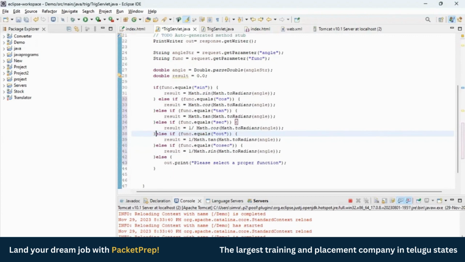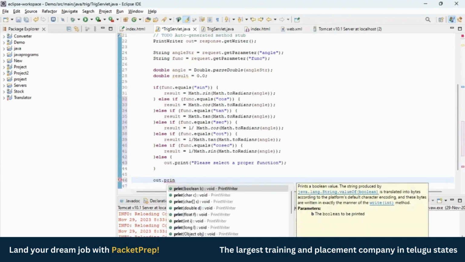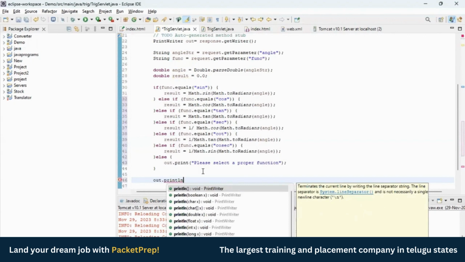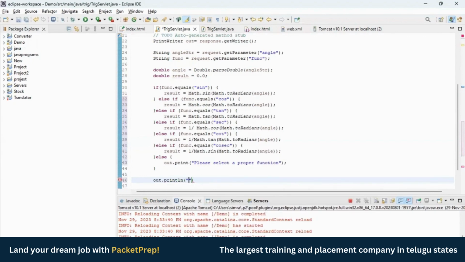After all this logic, I'll write a print statement here with out.println. Maybe I'll write it in an h1 tag. I want an h1 tag because I will give some styling to this. For now, let us keep h1 because we have not included the bootstrap file in our servlet. So I will print the result